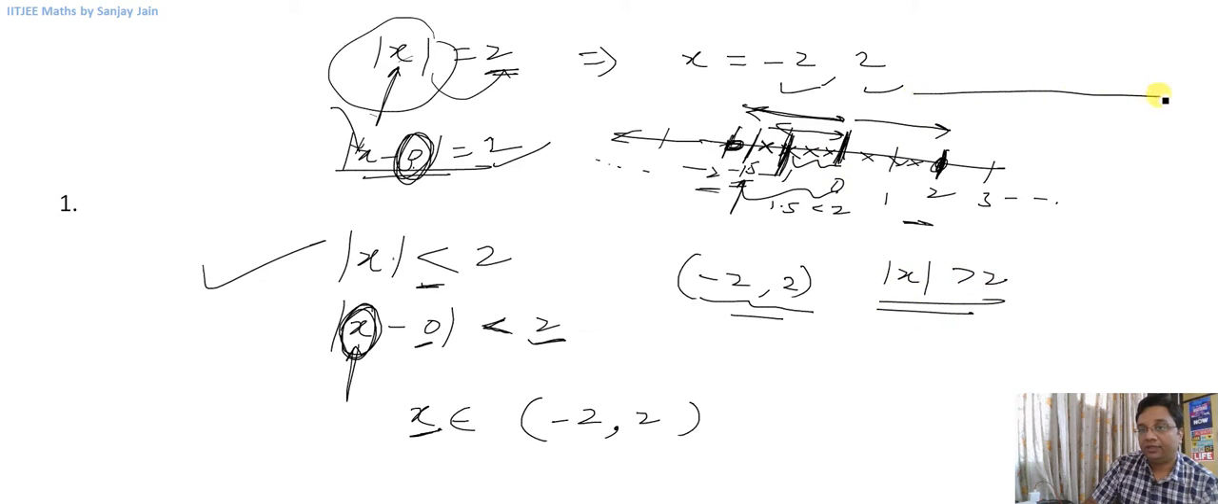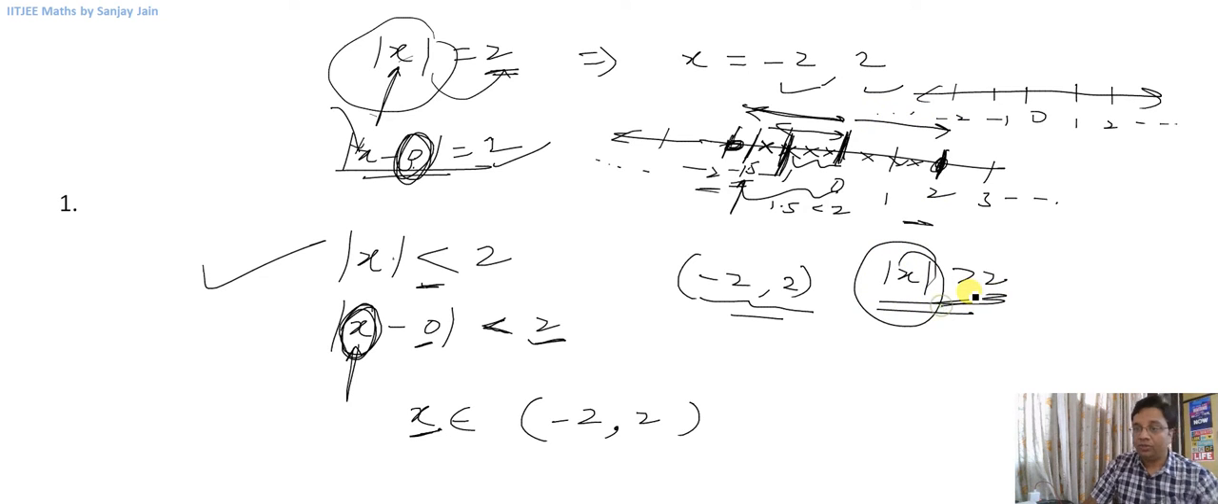So again, let me draw this number line: 0, 1, 2, and so on, -1, -2, and so on. So when I say mod x is greater than 2, what I am asking for is some real numbers which are at a distance of greater than 2 units from 0. So any number that lies beyond this 2 or before this -2 will be at a distance of more than 2 units from 0. So if I have to write the solution of this inequation, mod